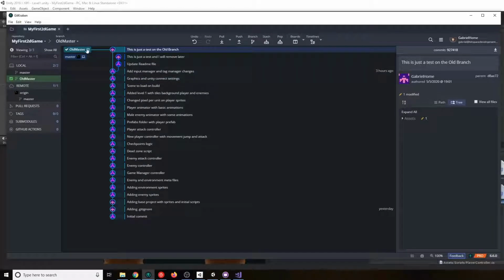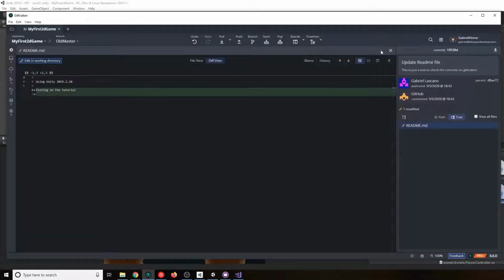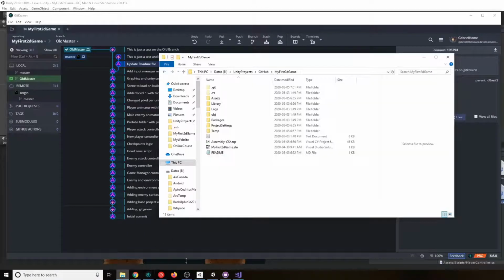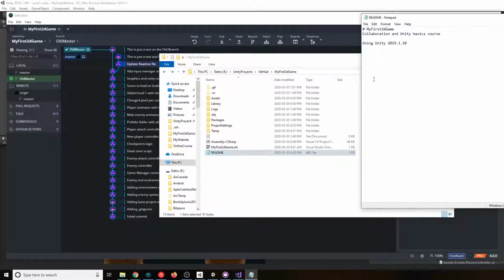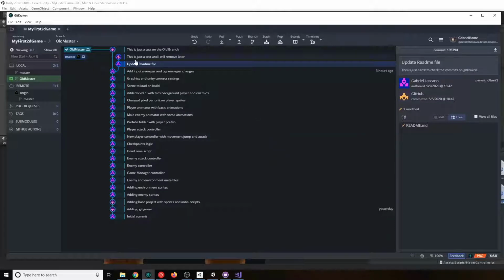How my old master, just like skip these two commits. They don't, like, I'm ahead, but I don't have this. So remember here we have this testing on the tutorial. If I go to my folder and I open the README, I don't see that because it doesn't exist in my project right now. I diverge from the master branch and I no longer have it under my control.